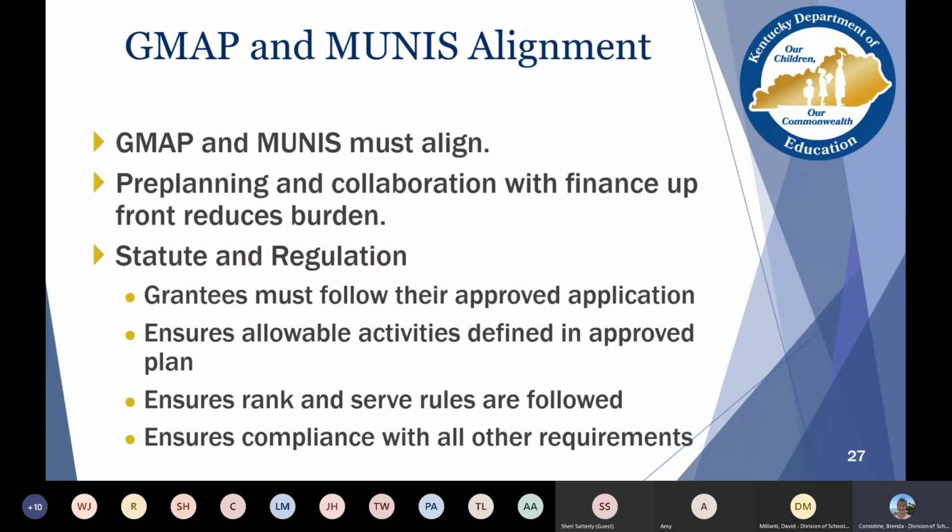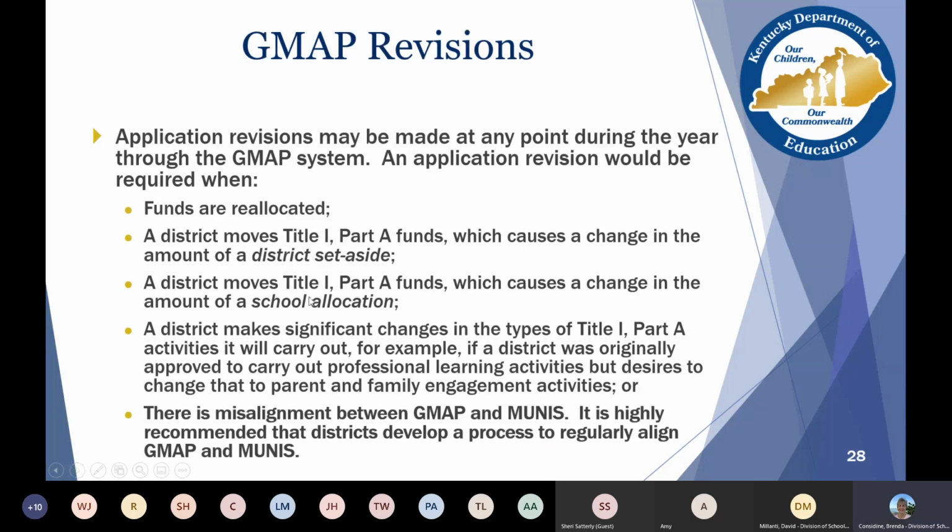And we do know that districts have to make some changes, but that's when you would have a revised application. Revisions do occur. I know at the district level, we don't like revising the application because it's a lot of work, but they can be made at any point during the year so that what's going on in GMAP is going to reflect what is happening in Munis.